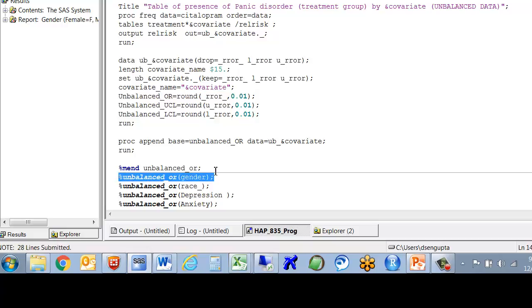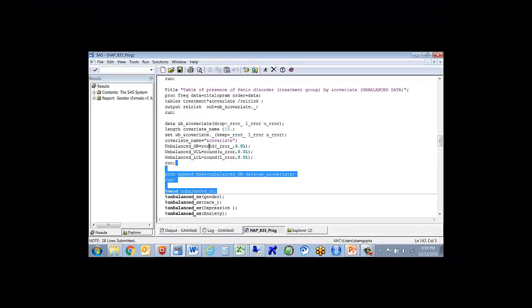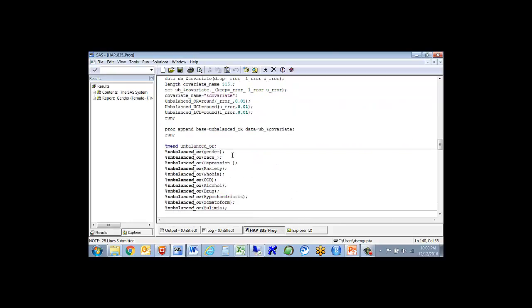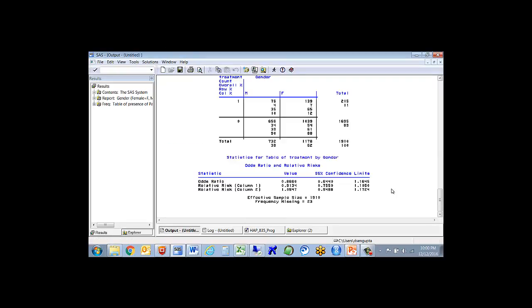This is called a macro. This is the whole macro that I wrote, and here I'm calling the macro. When I call the macro for gender and run it, you can see SAS gives you a nice 2x2 table